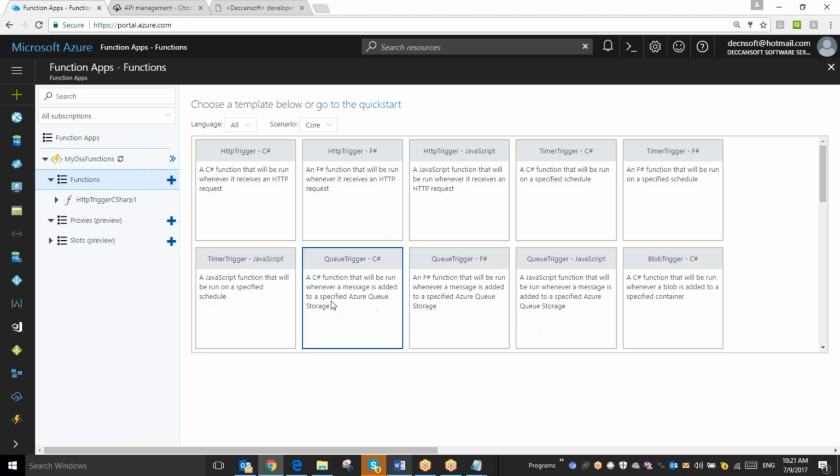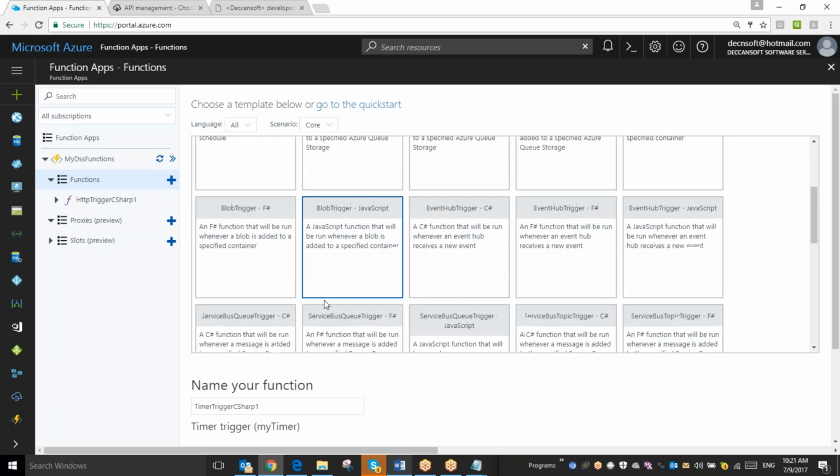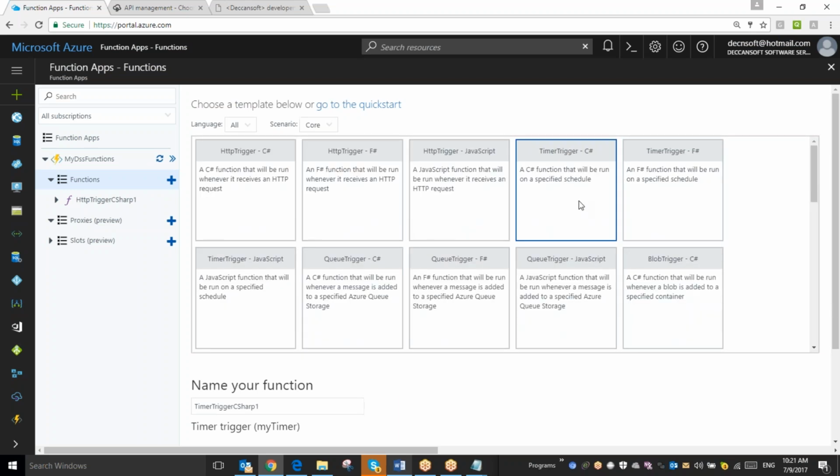Timer trigger, JavaScript, timer trigger, C#. A C# function that will be run on a specified schedule. You can give a name,